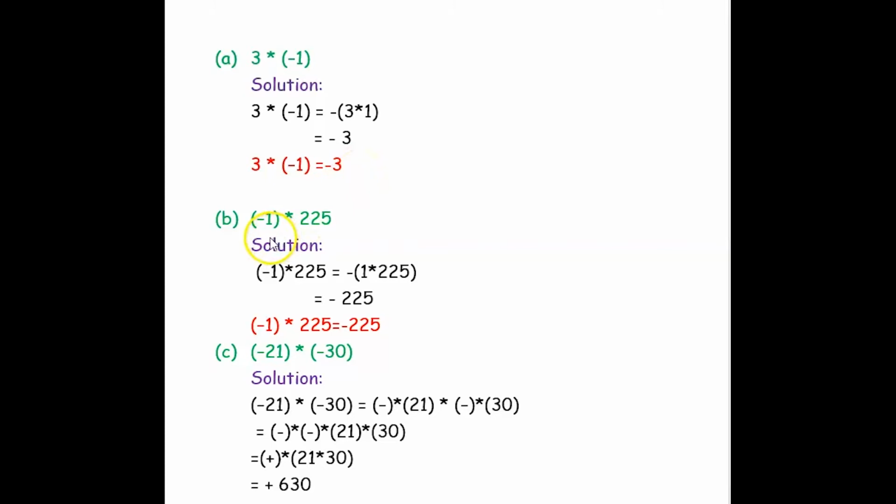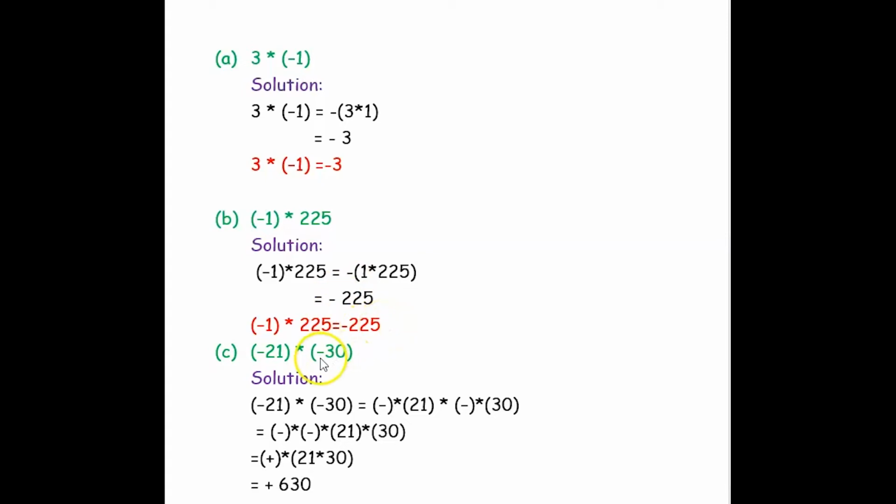Next question is negative 1 into 225. Here also the same thing. Since we are multiplying with one negative integer, we can take the negative sign common and multiply the integers separately. So, I am taking the negative sign out and multiplying the integers 1 into 225. 1 into 225 is 225, with the negative sign in the front. So, it is negative